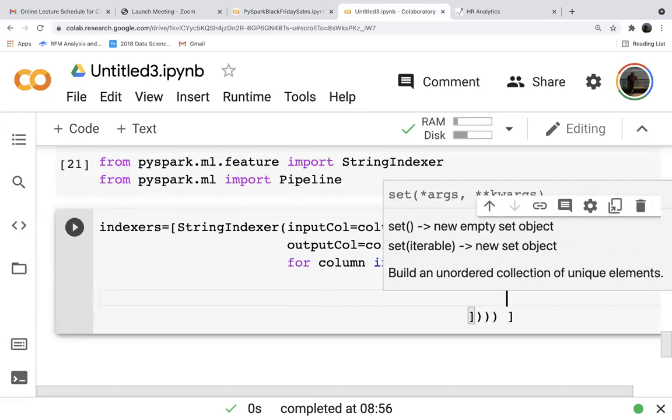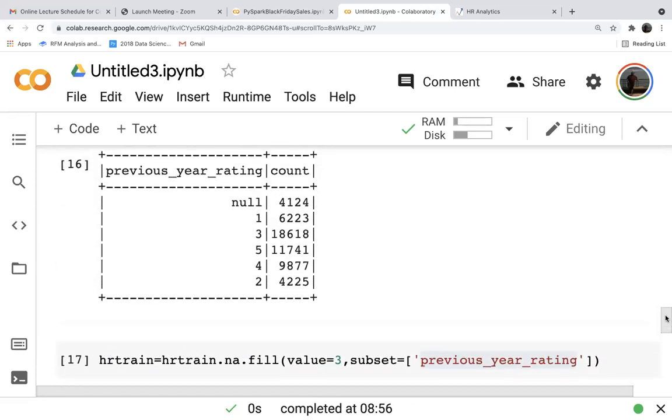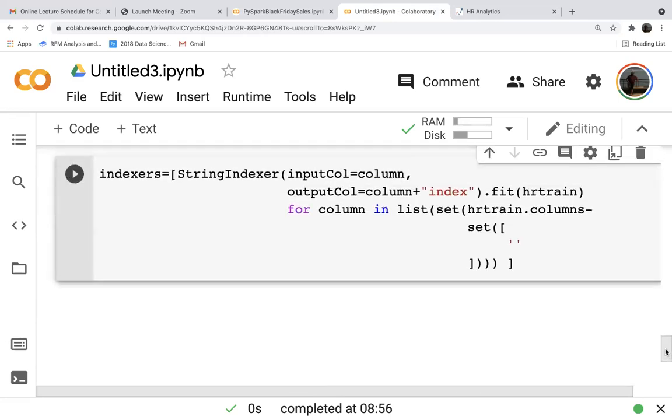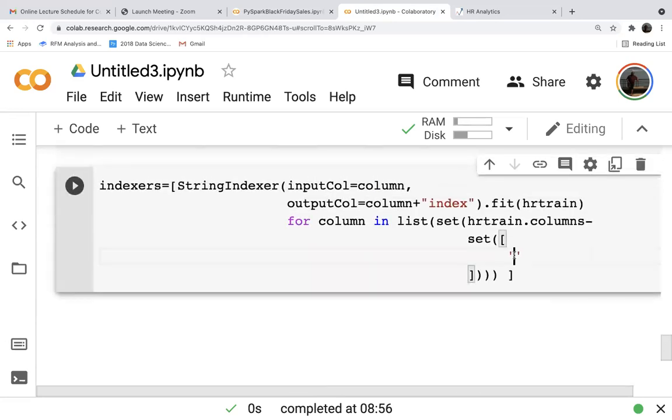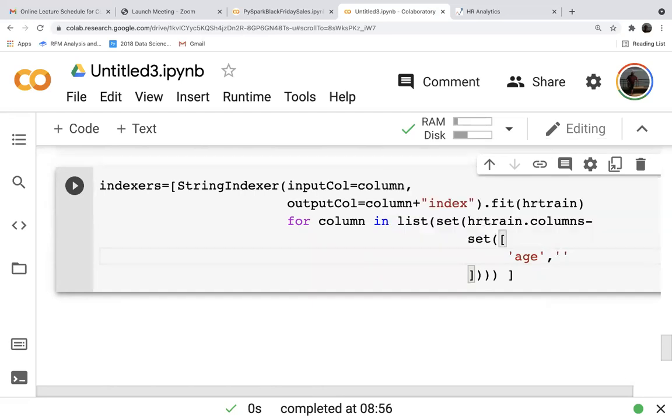What are the columns? We have decided what the column names are. Age, sir, age. Age is there. Small letter, right? Yes. Then what is the next one? Length of service, right?